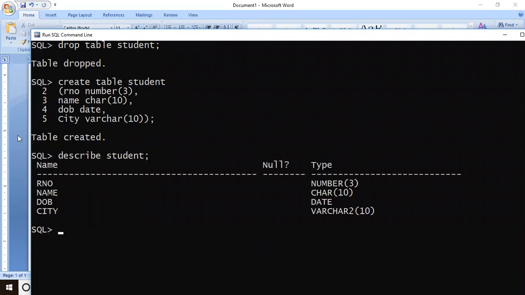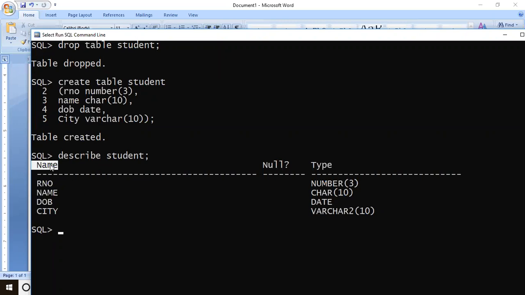The moment you press enter, it is showing you the table structure. This is the field name. I mean, it's not the actual name we have created, it is showing you the column name. Which columns do we have here? RNO, name, DOB, city. You may wonder, I had typed in small case and how come it is giving uppercase? Remember, all Oracle structure related things will be indicated in uppercase only. That's why even in the textbook, you will see all these commands typed in uppercase.